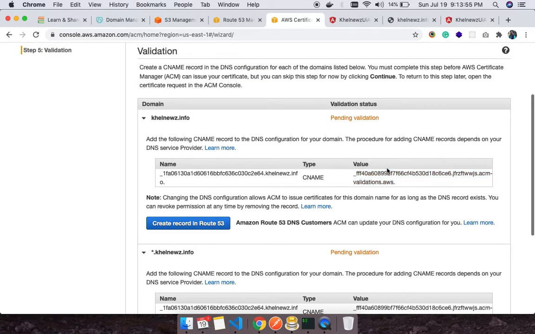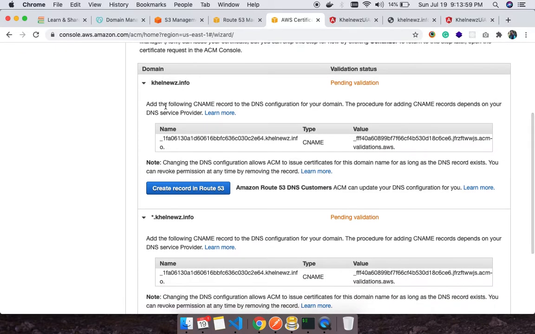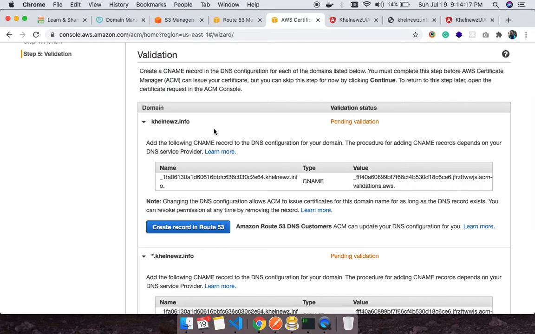The reason, if you see, is that the domain name is the same, the only difference is we have added star dot, which means any subdomain will also have the same SSL certificate. So it's like domain and subdomain. This is the reason it creates the same host and value. Now if you add any further domain, for example www.kalenews.info, then it will create another entry with a different host and value.